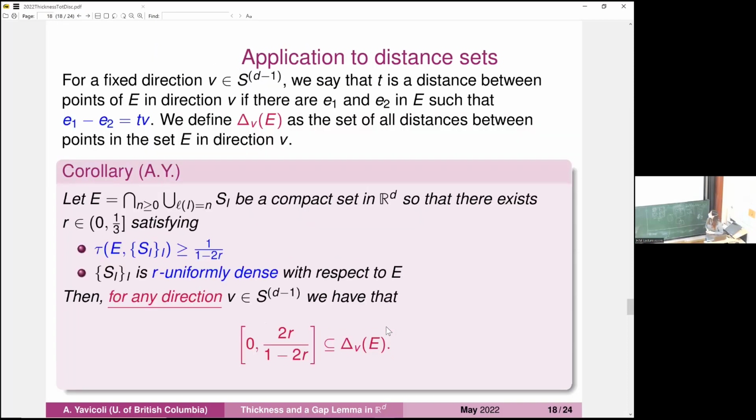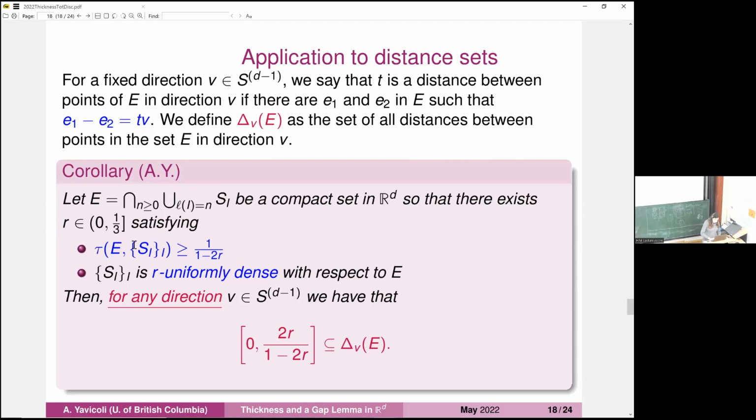Well, this is an easy corollary, that is an application to distance sets. If we fix a direction v in the unit sphere, we say that t is a distance between points in the set if the difference of the points in the set is t times v. And we can consider the set of all distances in direction v. If we apply the Gap lemma to the sets E and E plus tv, we get that